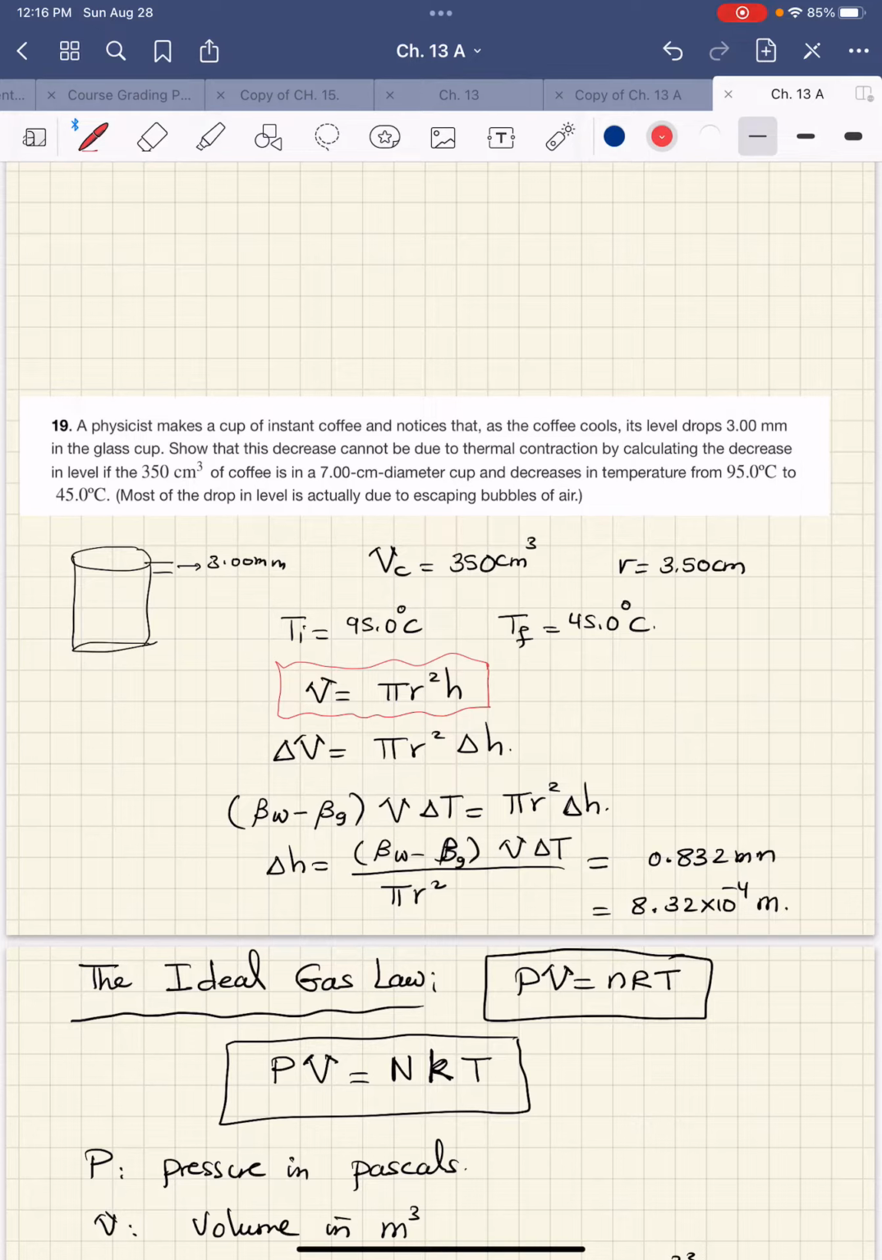Delta V, the change in the volume, is pi r squared delta H, and therefore that change in the volume is going to be the difference between the two, beta W minus beta glass, times V delta T, and that equals pi r squared delta H, and then delta H was actually calculated